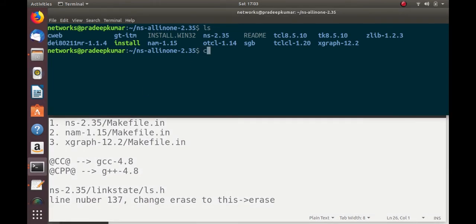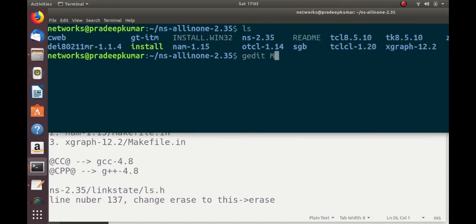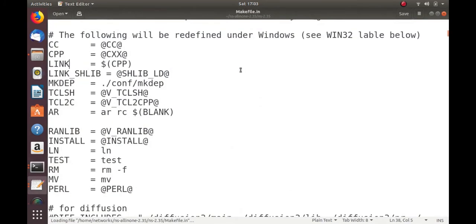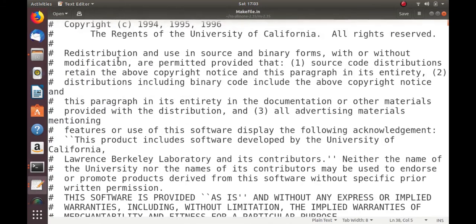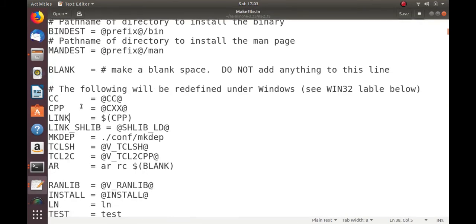So what I do here is gedit ns-2.35/makefile.in. In this, somewhere here, we have CC equal to @CC@ and CPP equal to @CXX@.